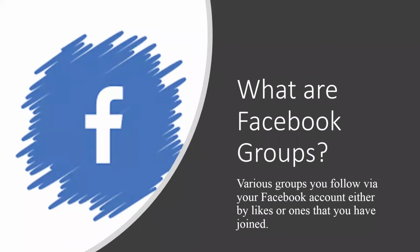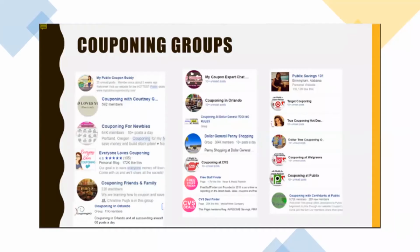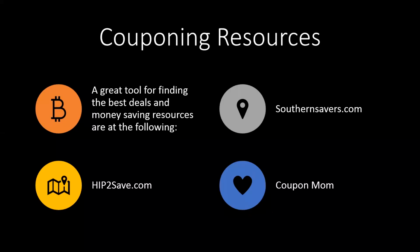What are Facebook groups? Various groups you follow via your Facebook account, either by likes or ones that you have joined. These are some couponing groups that I suggest that you follow. For instance, Public Savings 101 is a very good resource. Other couponing resources are a great tool for finding the best deals and money saving resources are at the following: